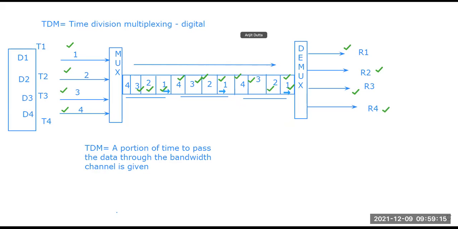So from the multiplexer side, the connected devices transfer data sequentially through a time-shared link. Data from the different sources are combined into one time-shared link. The data flows from the sender side to the receiver side using this TDM, time division multiplexing technique. In this concept, there are two basic types of TDM: one is synchronous TDM, and another is statistical TDM.